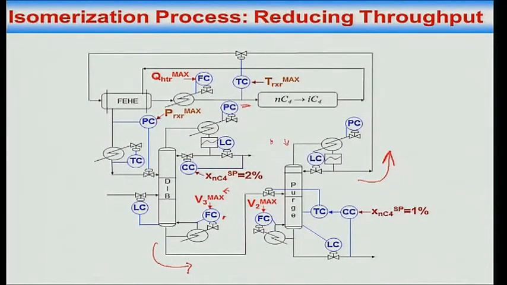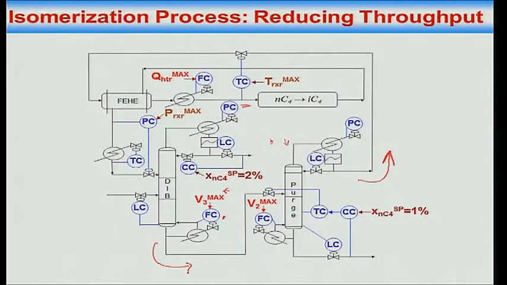So when a constraint gets hit, you lose something. What is it that you are losing? That must be very clear. Okay. So in this case, when V3 hits max, you lose control on the amount of IC4 leaking down the bottoms. Similarly, when V2 hits max, you lose control on the amount of IC5 leaking up the top, right? Is that acceptable? That's the question. Yes. Your control system must be structured so that the answer is yes.